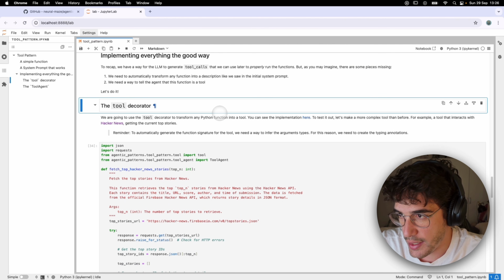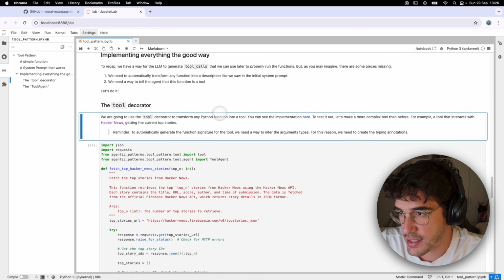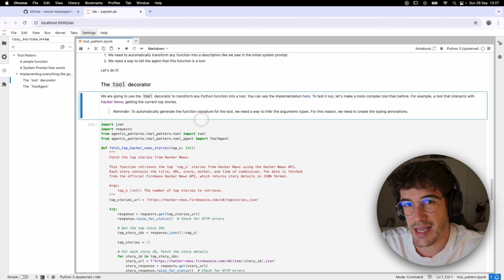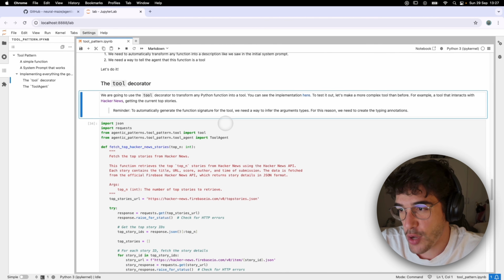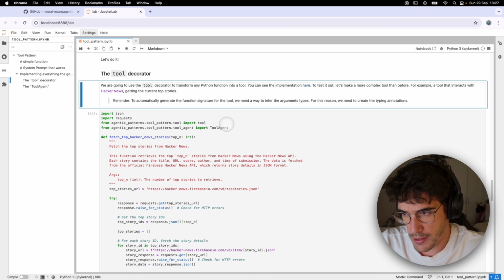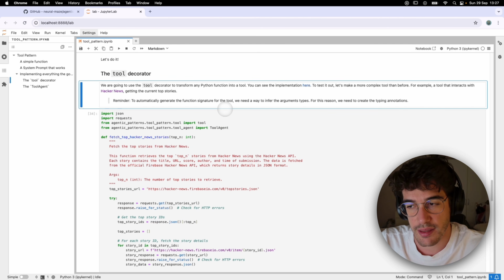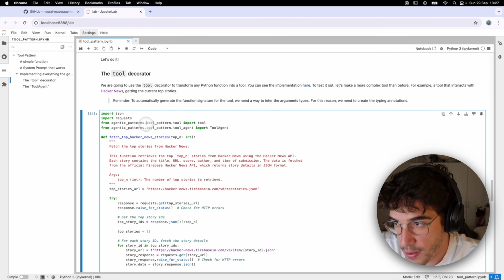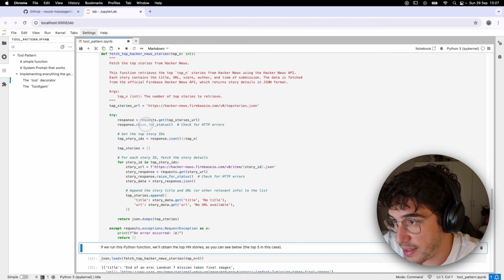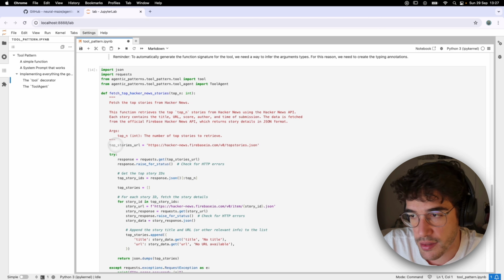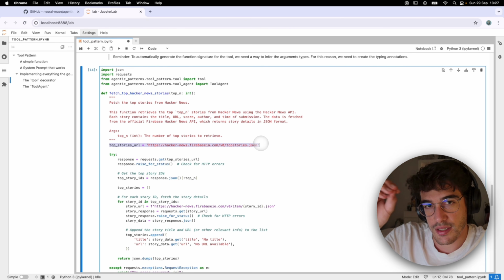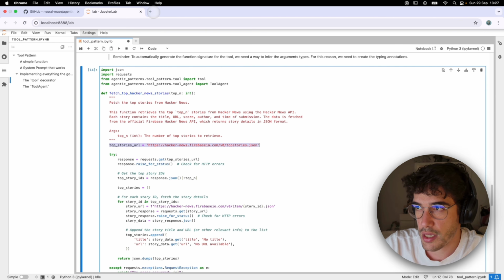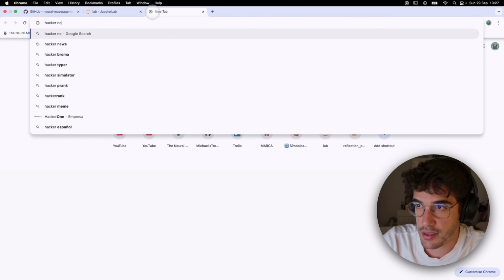Okay, so let's continue. Let's see how the tool decorator works, and instead of using some dummy function, in this case we are going to implement something closer to reality, something closer to the tools that you might want to implement in the future. So in this case, the function that I have implemented fetches the top N stories from Hacker News. If you don't know what Hacker News is, it's a very